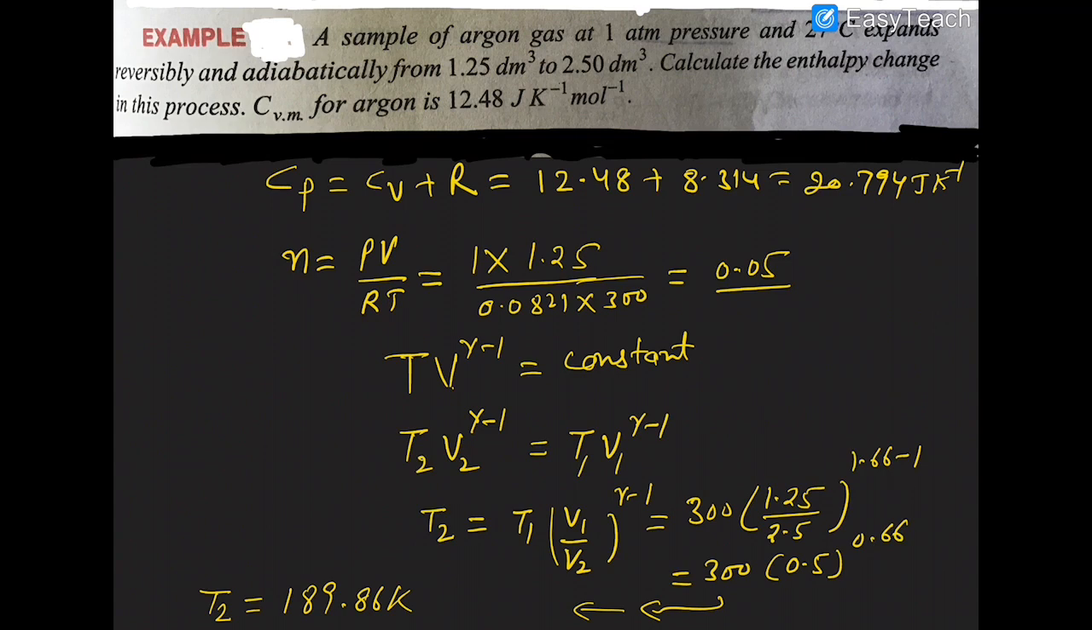Now look at the next question. A sample of argon gas at 1 atmosphere and 27 degrees Celsius expands reversibly and adiabatically from 1.25 liter to 2.5 liter. Remember that 1 decimeter cube is equal to 1 liter also. So calculate the enthalpy change in the process. Cp is equal to Cv plus R. Cv is given as 12.42, and R is 8.31, so the value of Cp comes out to